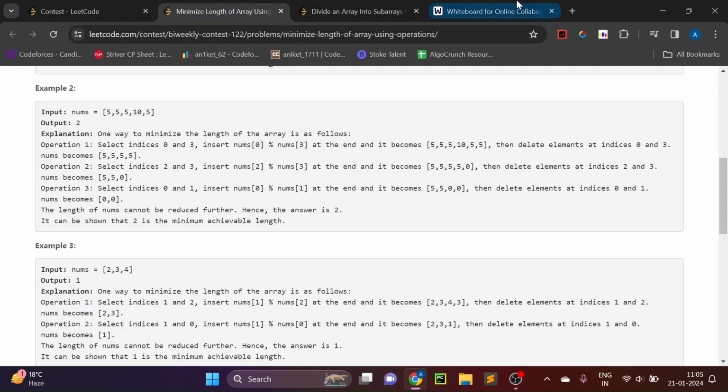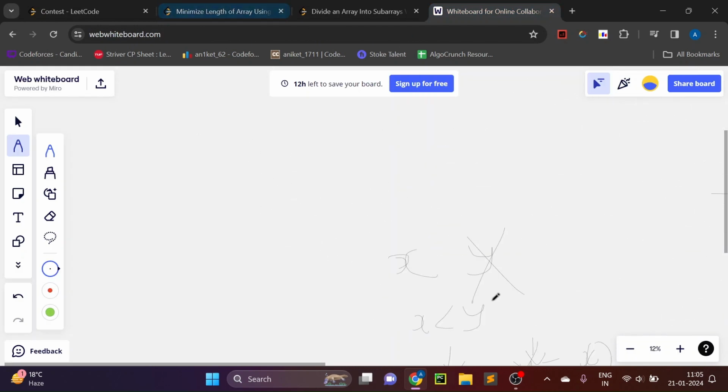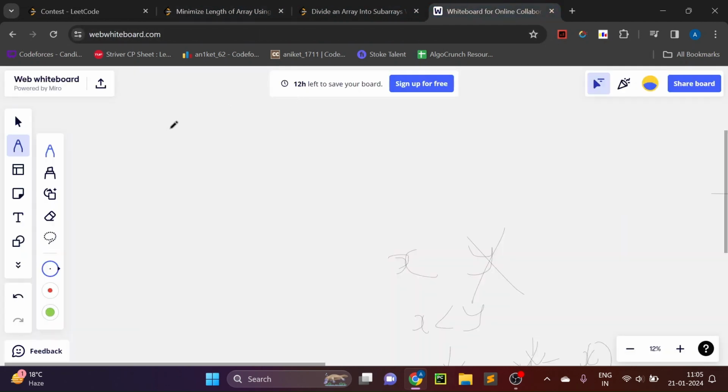Now there is also one edge case. Let's first see this kind of simulation on possible arrays. For example, 5 5 5 and 10. Now using this 5 we can eliminate this 10, and when the elements are all equal, then we have to return